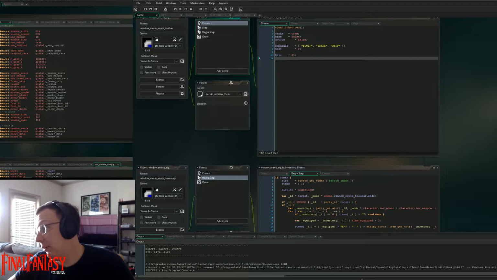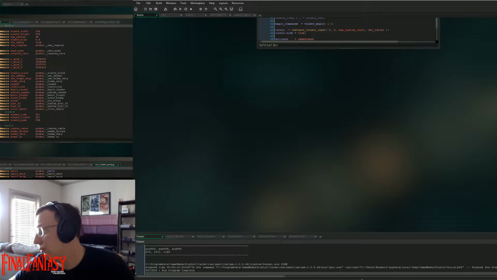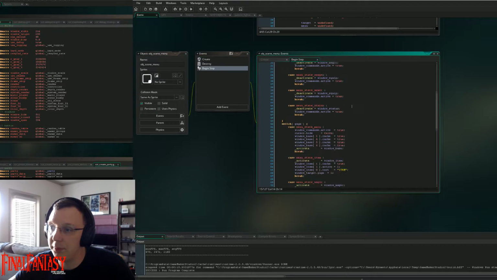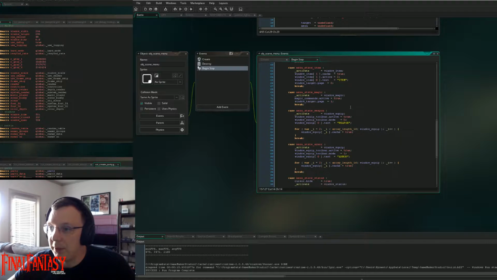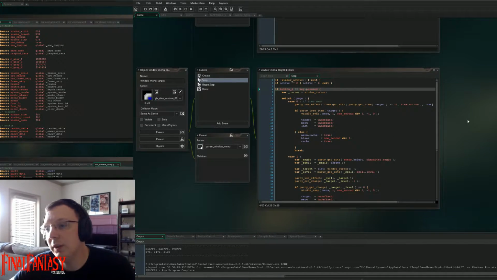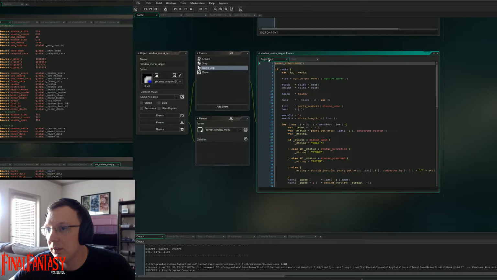To fix that, I would have to go into base commands, nope, sorry, I would have to go into object scene menu, begin step, weapon and armor. It says that it is active. Sets its mode to 0. So what else would be preventing this? Not active. Excellent. It's clearly...